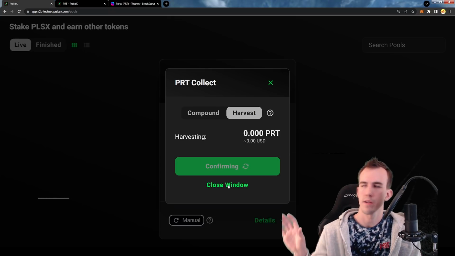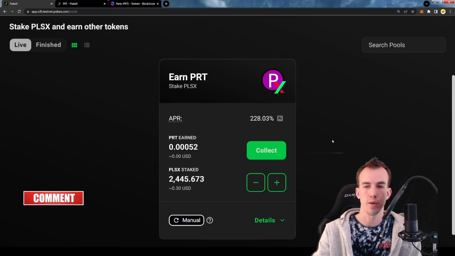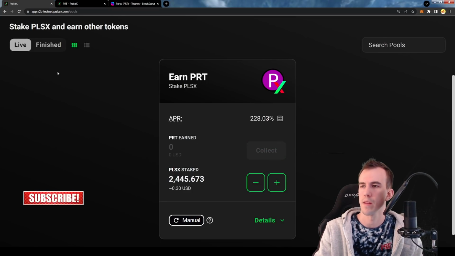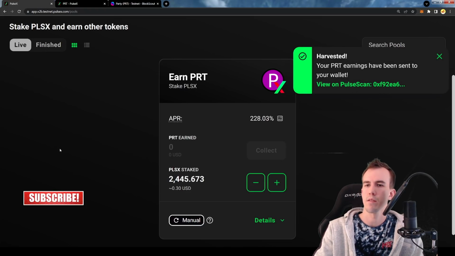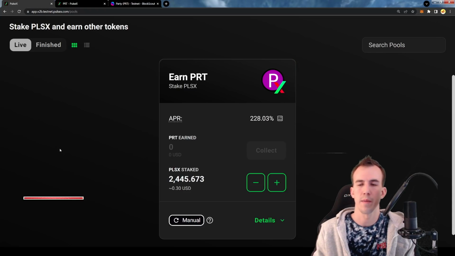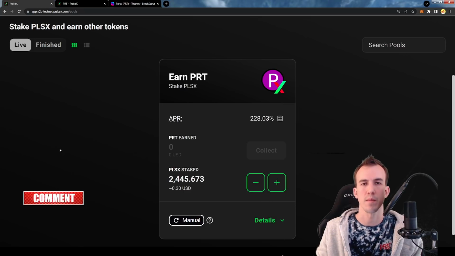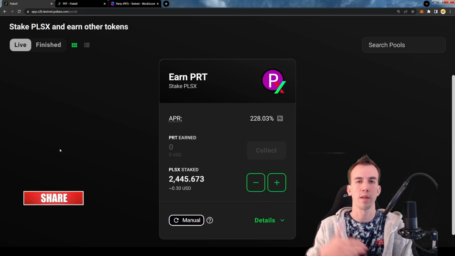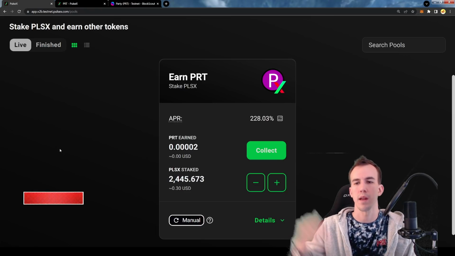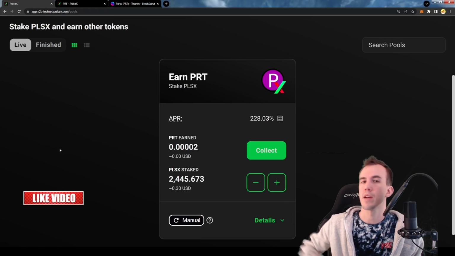Yeah, and these little gas tricks, there we go, confirm transaction. So harvesting and then compounding manually, not using the compound button, seems to work. So I would recommend doing that. These are little tricks for gas changes to make sure that your transactions have enough gas to actually go through. Otherwise, you'll get this gas limit error sometimes when the network is very busy, especially whenever the gas limit is going up per block. If there's enough usage, the gas limit increases automatically.